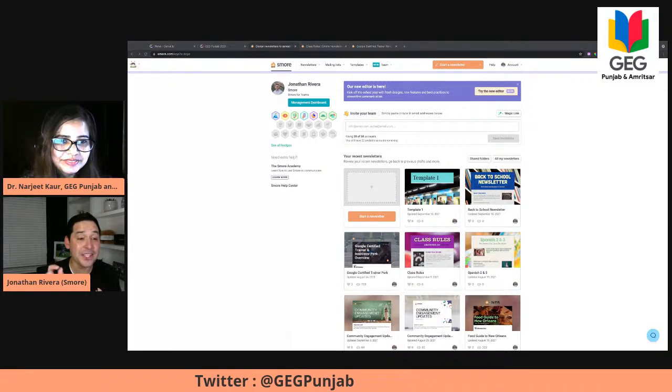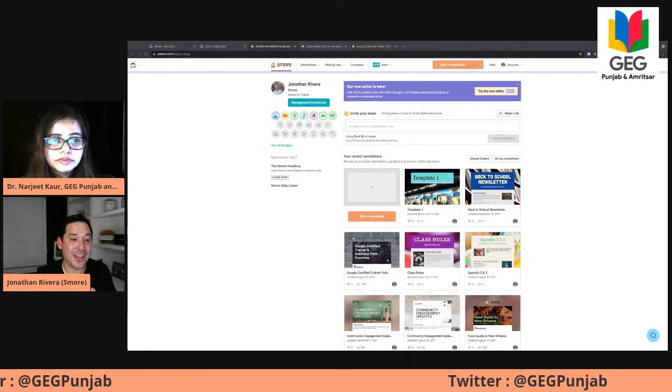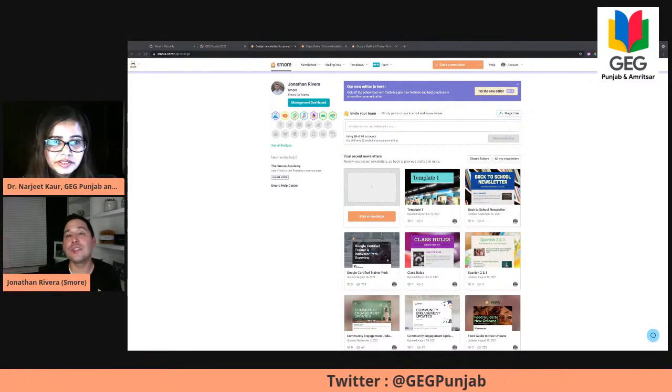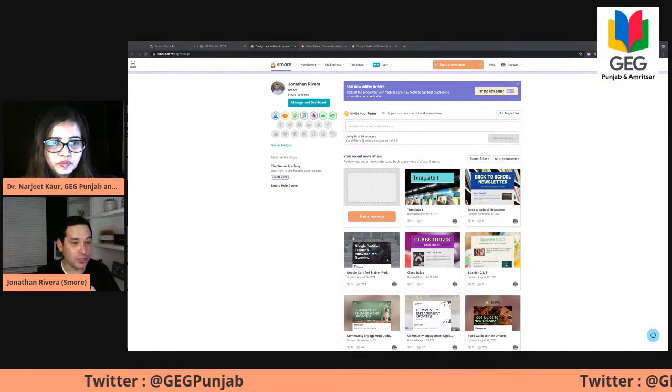Awesome. And can we add animated or GIF images to the newsletters when we are creating one? So that is something that's actually coming in the new editing experience. One of the features, right? That's coming out. It'll be rolled out by the end of this year, is my guess, when we'll fully have that available to everyone.